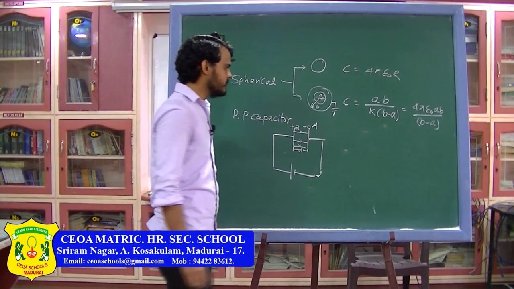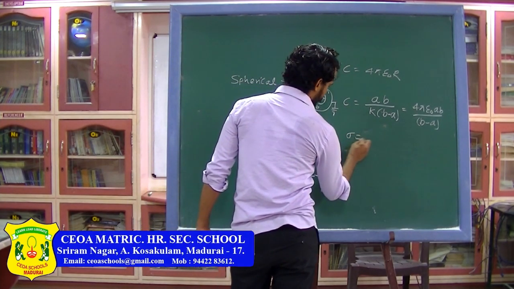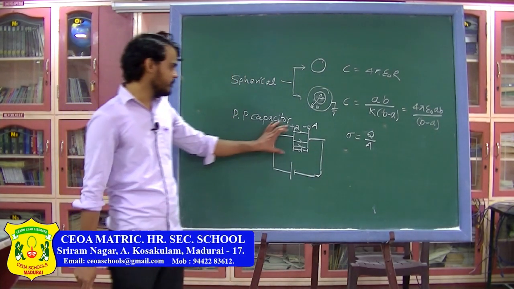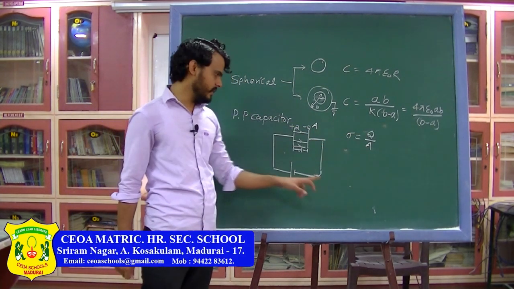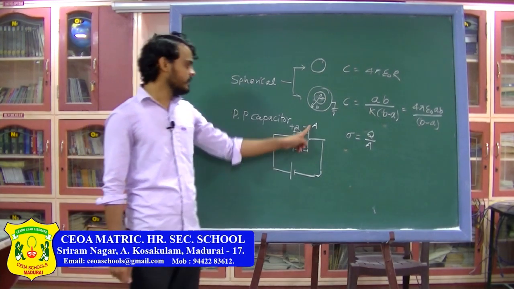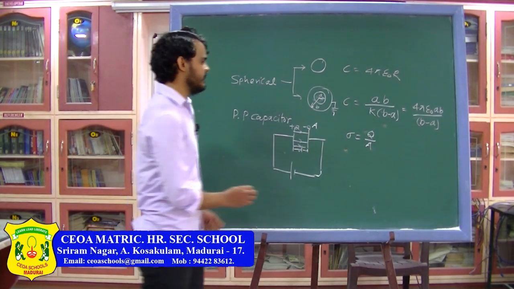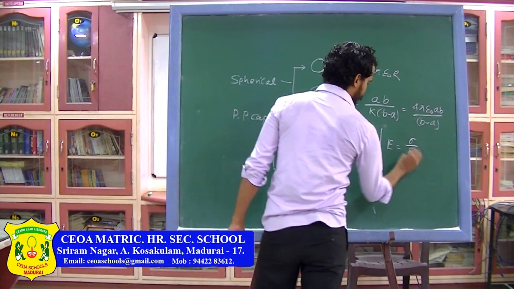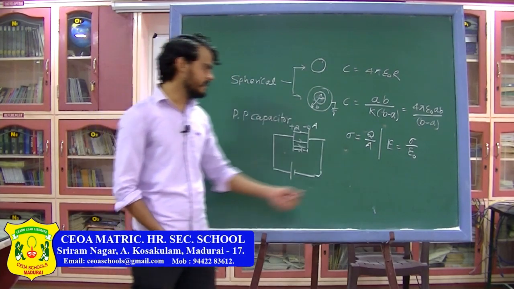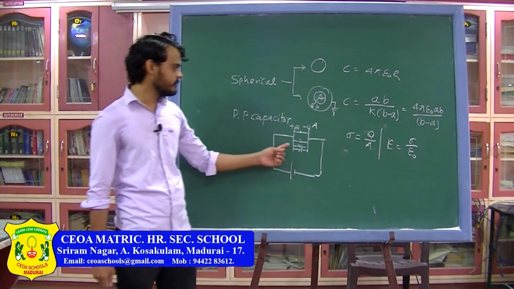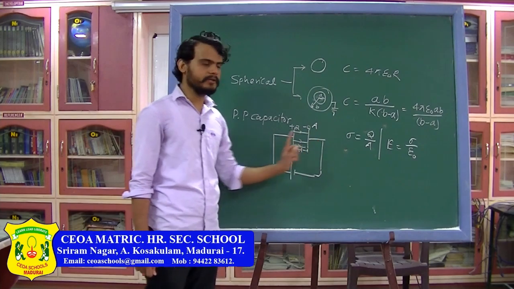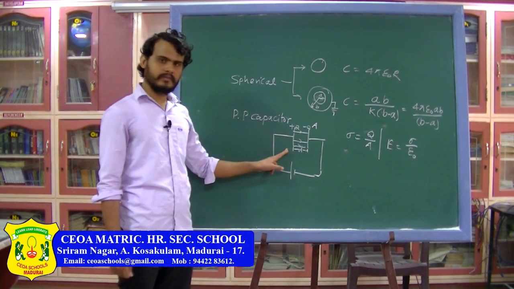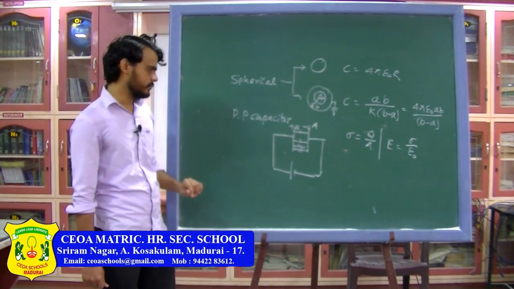Then we derived the formulas for these things. The charge density on one of the plates is Q divided by A. If you are taking the positive plate, it will be plus Q divided by A. If you are taking the negative plate, it will be minus Q by A. Then between the capacitor plates, the electric field was sigma divided by epsilon naught. Remember, this is the net electric field between the capacitor plates. The direction of the electric field is from the positive plate to the negative plate. The electric field due to one of the plates is sigma divided by 2 epsilon naught.